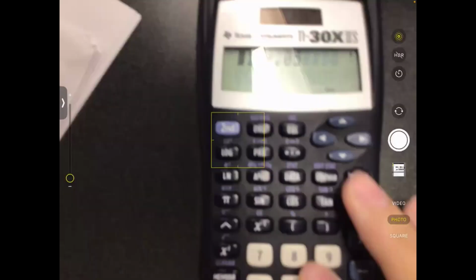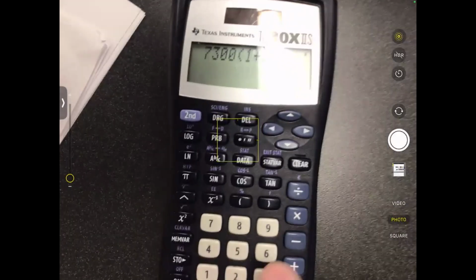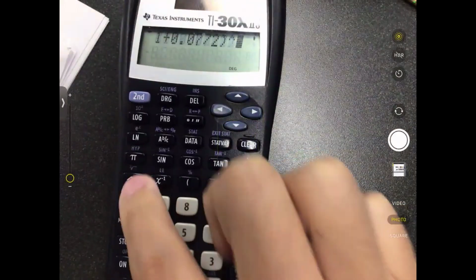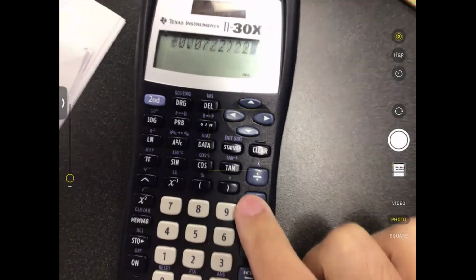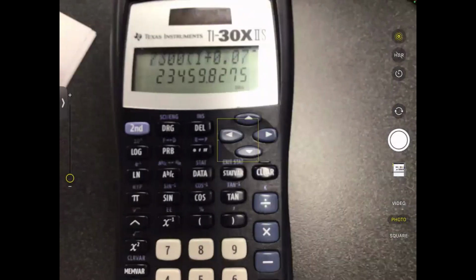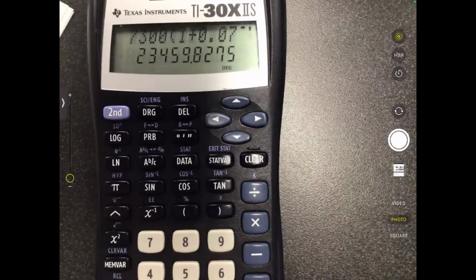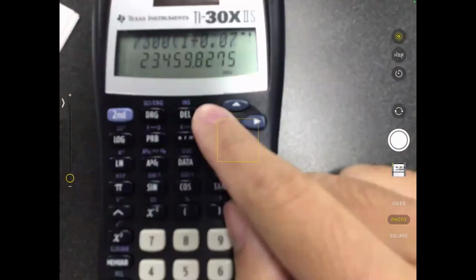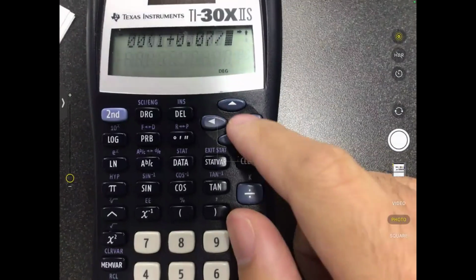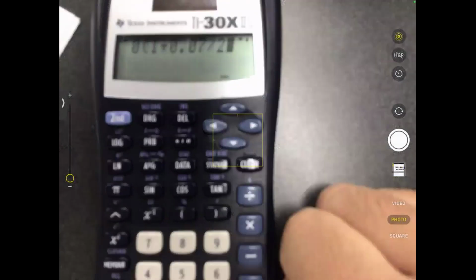Okay, so when trying to do that calculation above, you say, okay, 7,300 parentheses 1 plus r over n to the power of n times t. Okay, so again, this is wrong. This answer is incorrect. It's not 23,000. The one is separate from it. It's not that the calculator thinks it's part of the